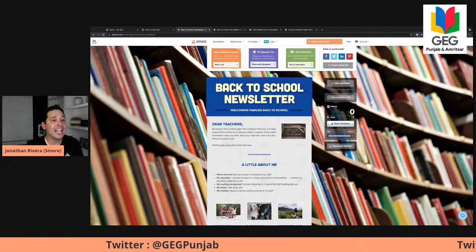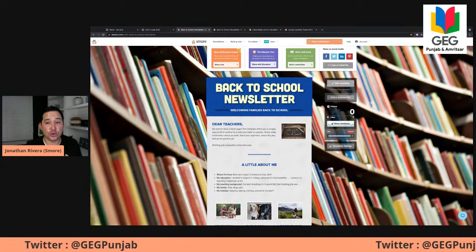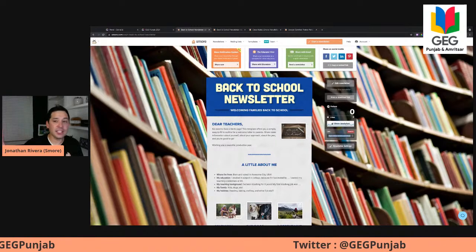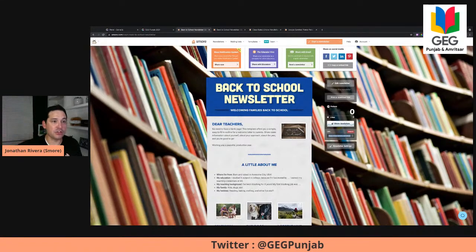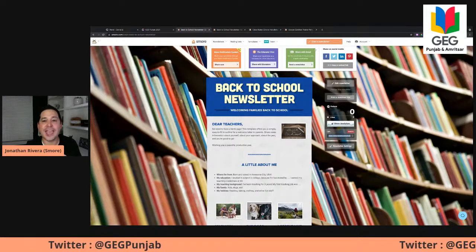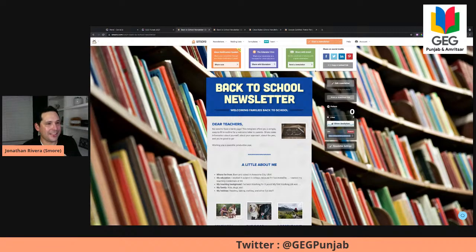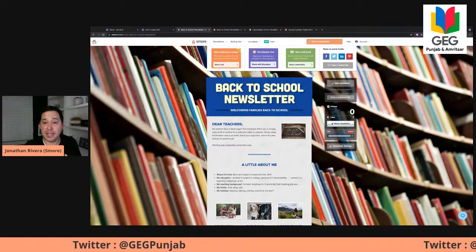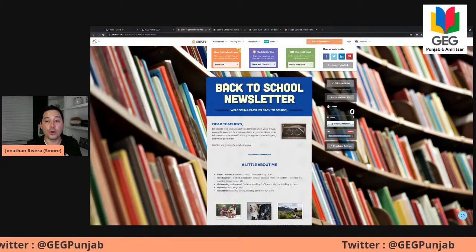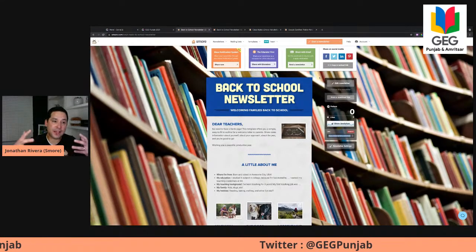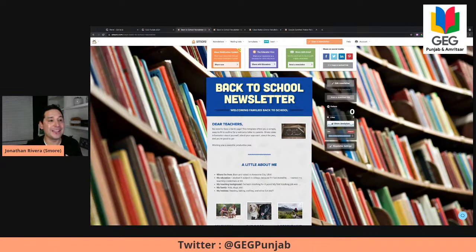Now, there's other ways you can do sharing. You can share on social media. It's very easy to share this out on your Facebook page or Twitter. You can see the different options there. We're looking to add Instagram here soon. If you wanted to embed this into maybe your website or some sort of landing page, you can click on copy or embed link here, and that provides you with the embed code to embed it into your Google Sites page or something else.